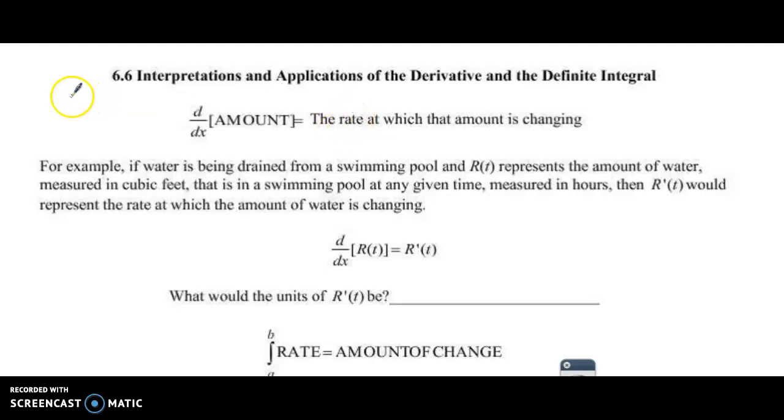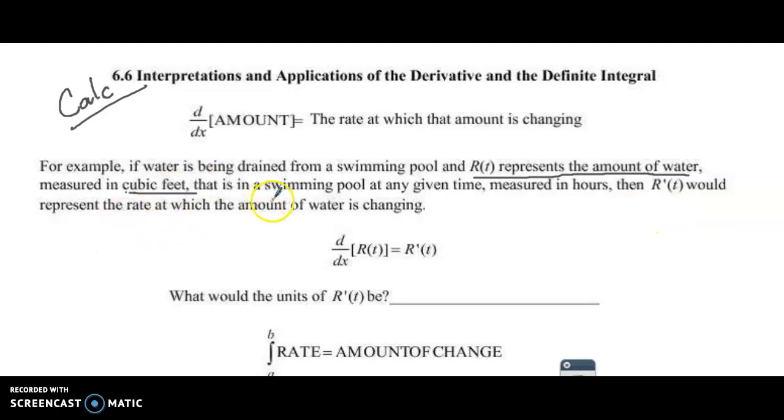Okay, calculus, we're moving on to 6.6. And what we want to make sure that we do is we understand that the derivative of an amount means the rate at which the amount is changing. So if we have an example where R of t represents the amount of water measured in cubic feet in a swimming pool, with time measured in hours,